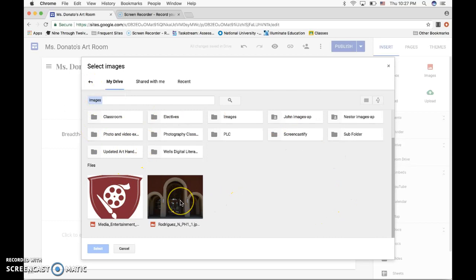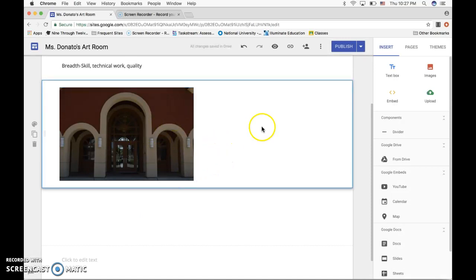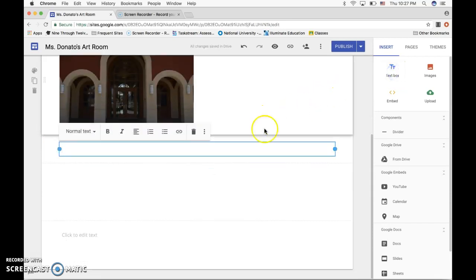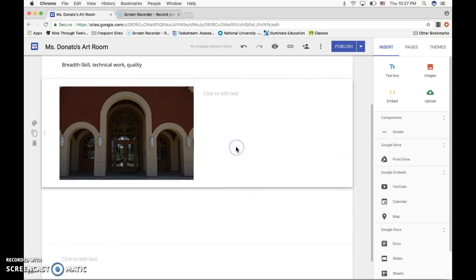So right here, I'm going to just borrow artwork from one of my students in another class. I'm going to highlight that work by selecting it, and then I'm going to press select, and it's going to insert it right here. Now, I can title this work by adding another text box and placing that text box with the move button here right next to my work. So if I want to give this a title, I can say,